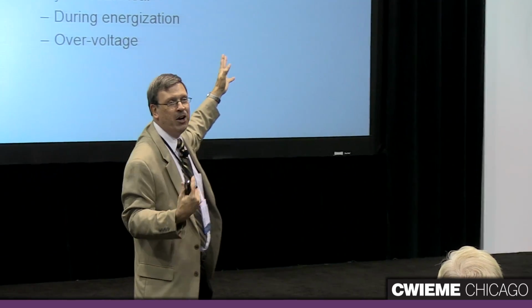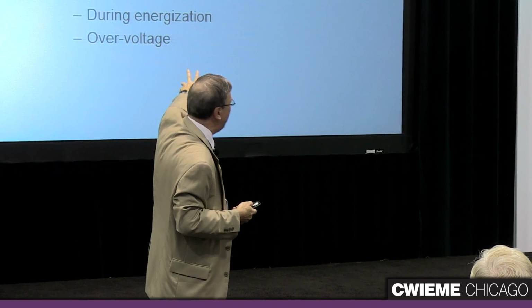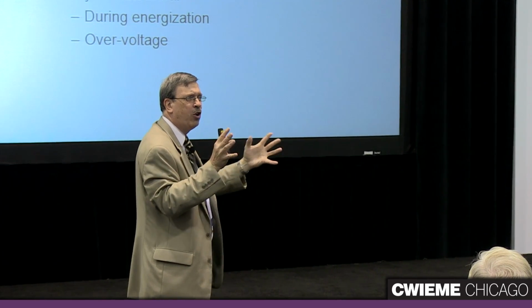Now, those types of loads would be things like an induction motor, like we saw before. Incandescent lighting, which is getting harder and harder to buy, right? Resistance heaters, power factor correction caps. Transformers, sort of. Sometimes they can cause some harmonics, but for the most part, they're sort of like a linear